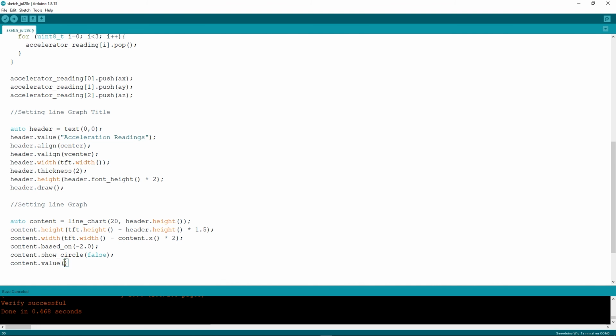And then content dot value. So this will pass the acceleration data to the line graph. So we'll start with curly brackets and accelerator reading 0, accelerator reading 1, and accelerator reading 2.